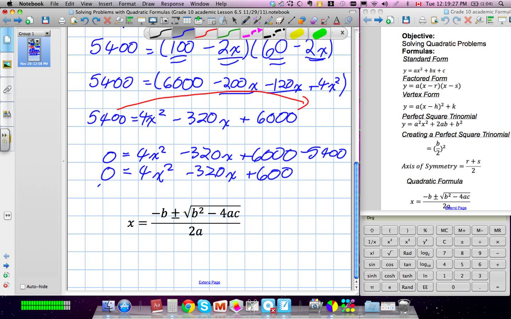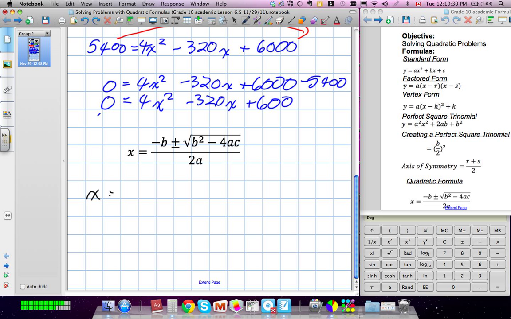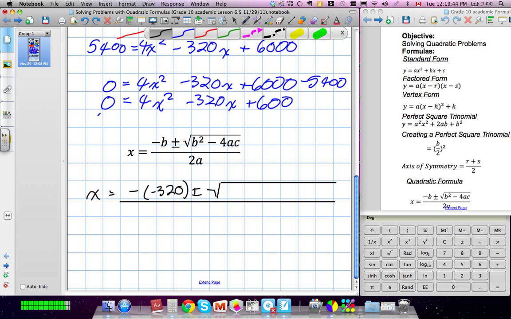So, negative b. b is negative 320 plus or minus the square root of negative 320 squared minus 4 times 4, which is our a, times 600, which is our c, over 2 times 4, which is 2a. We're going to get positive 320 plus or minus